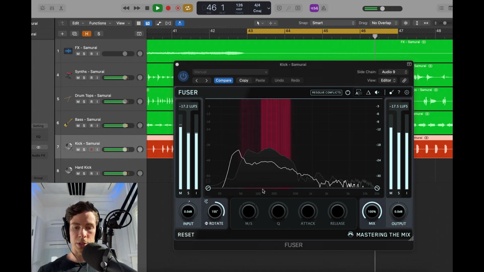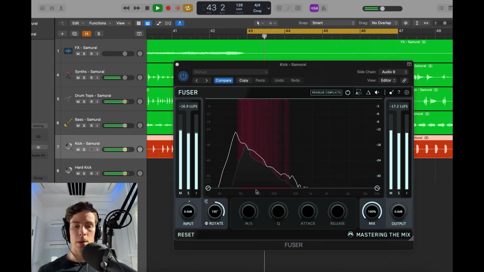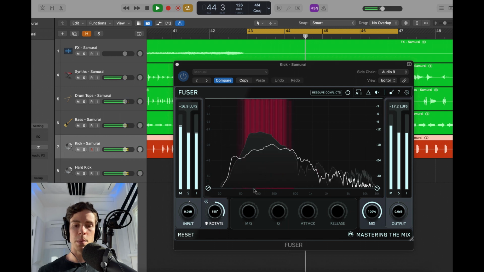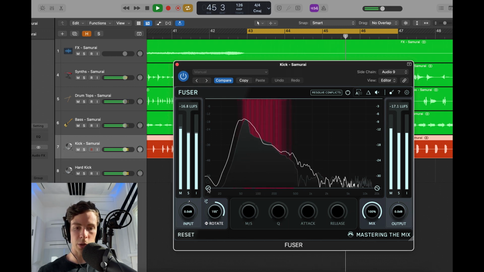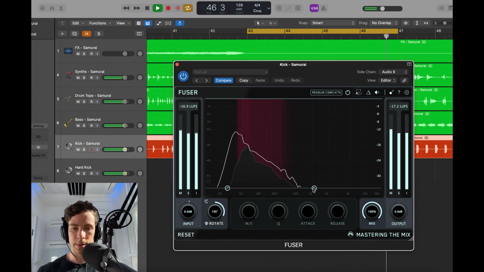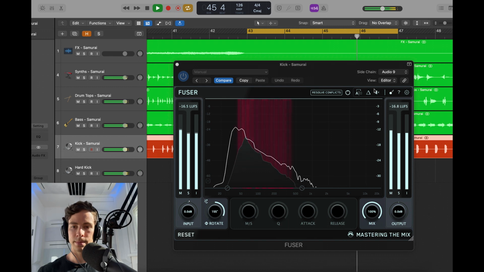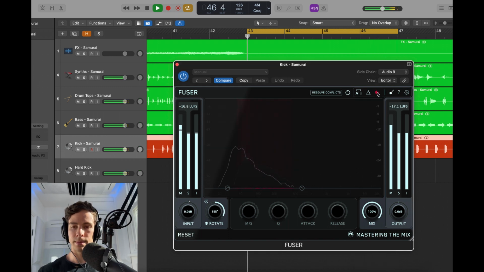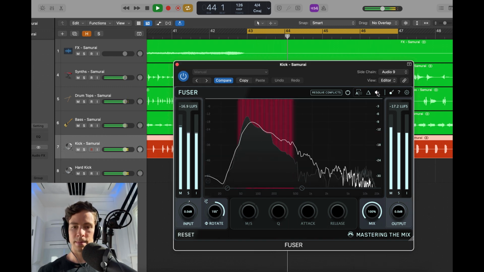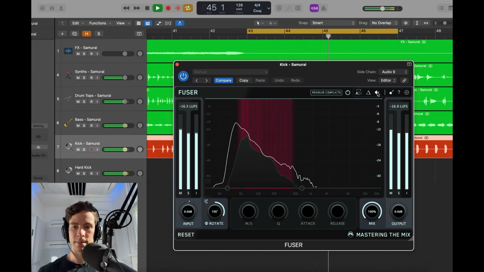This red glow that you're seeing here is showing the points in the track that have the most phase cancellation. So I could focus this rotation just on this range here. Very nice.